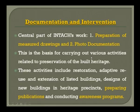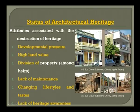and conducting awareness programs. So, if you look at the status of architectural heritage over here, this is the Vizhial street in the Tamil quarter. You can see how badly it was demolished, a building. All these, the main reason is they just wanted to build something higher. But this Asia Urbs program happened at the right time, and the street was actually made a model street and